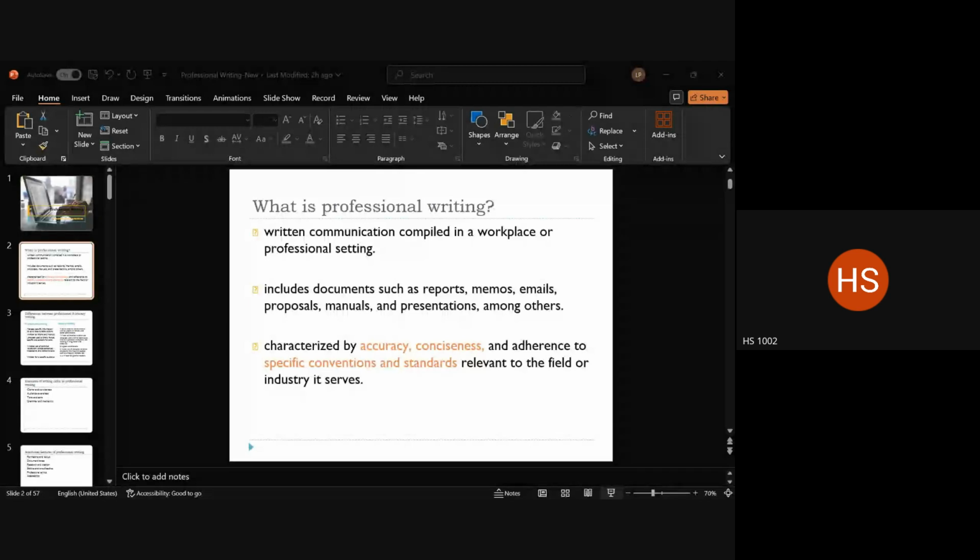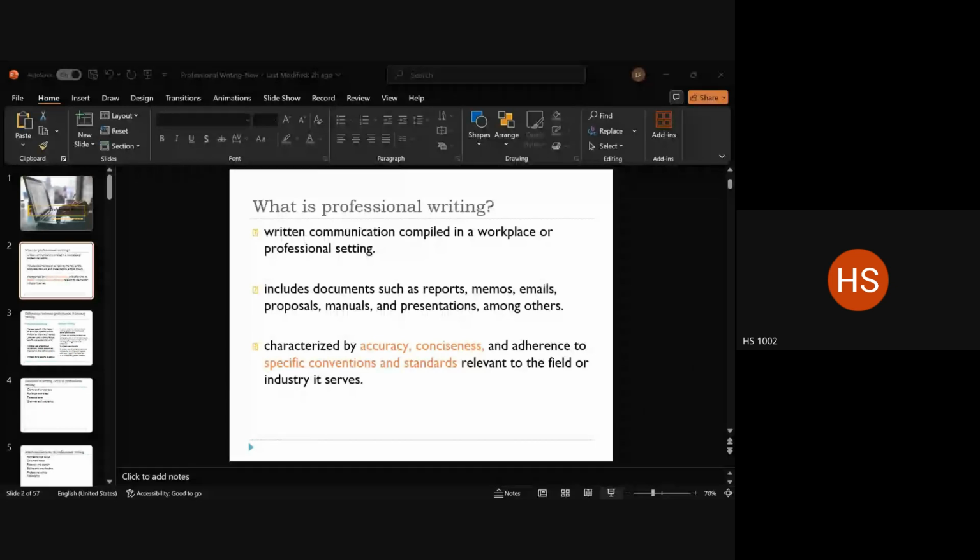So long and short formats exist in both cases, but whatever it is, there is certainly a requirement of maintaining conciseness, right? Now, conciseness here is not just about the length of the document. Broadly speaking, it is about not making anything bulky. The reason being, you're dealing with a more professional space, and people do not have the time and space to invest in the long write-up that you write.